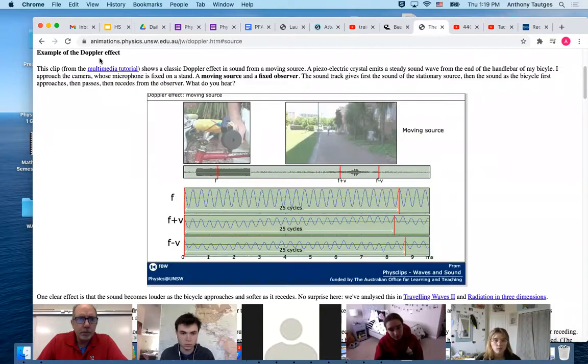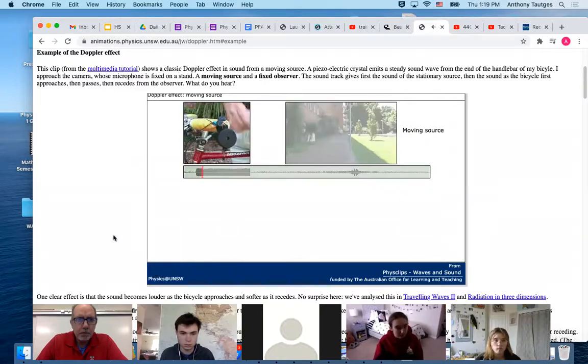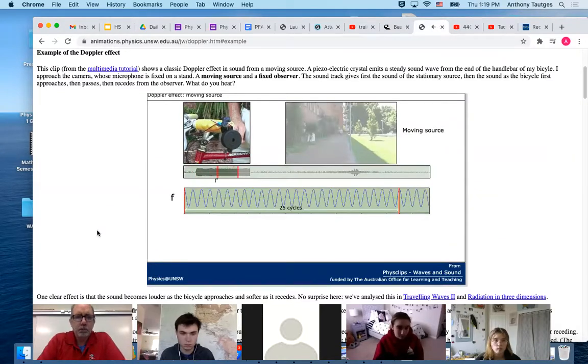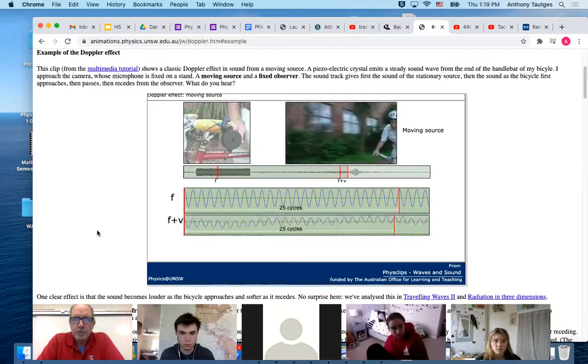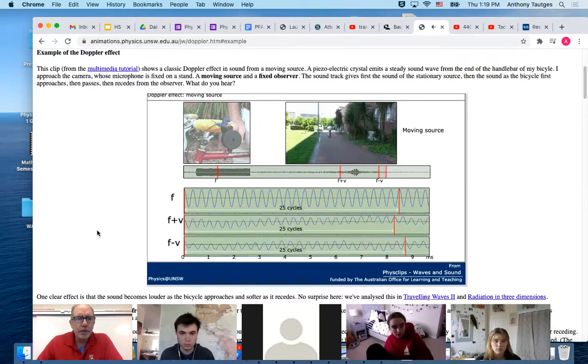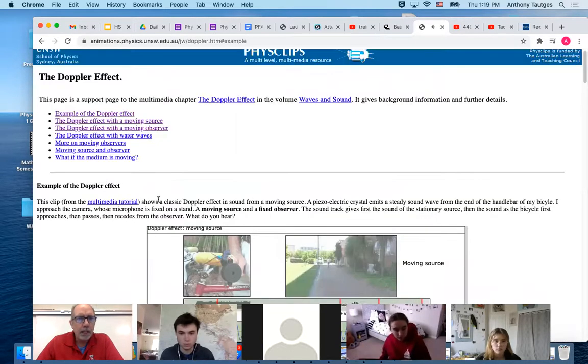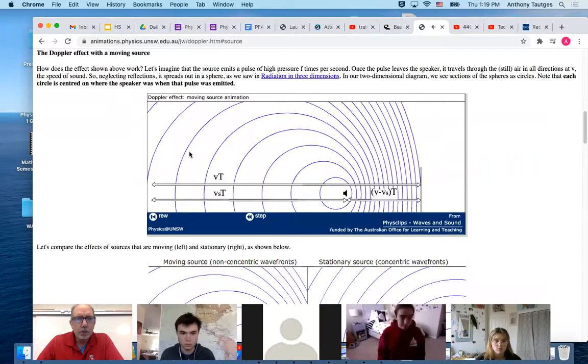Is it this one? That's just a constant frequency buzzer. You heard the frequency go down as the source was moving towards you. And this is what happens. The waves in front get bunched up, and so you hear a higher apparent frequency. After it passes, you hear it lower.